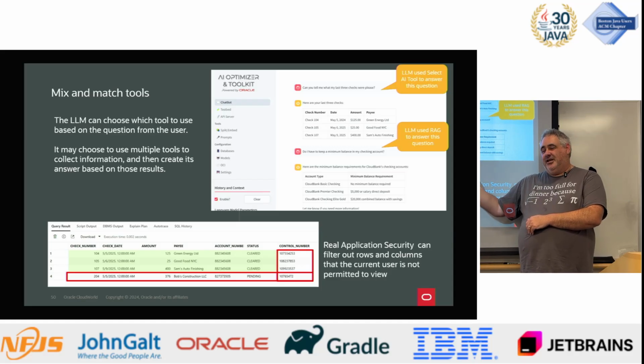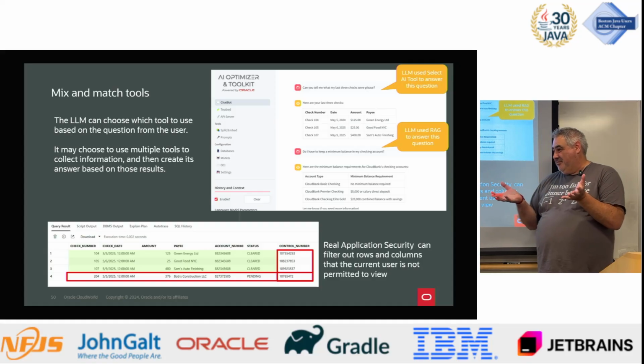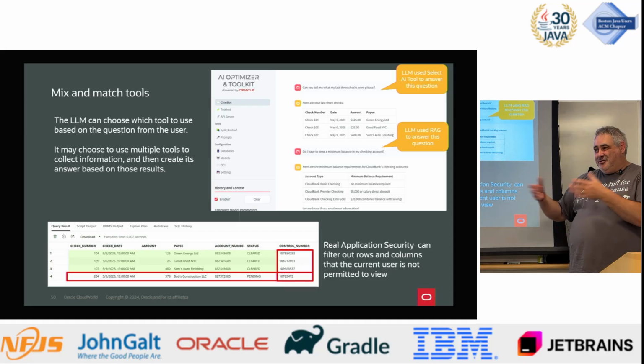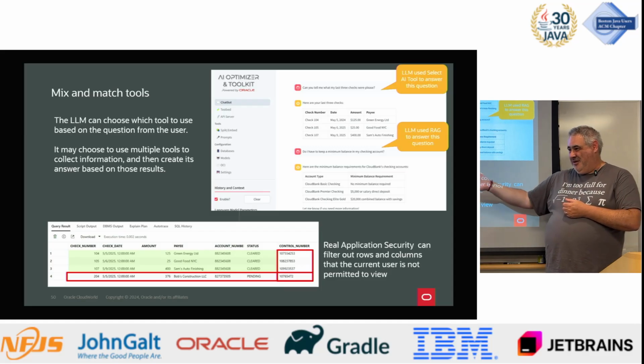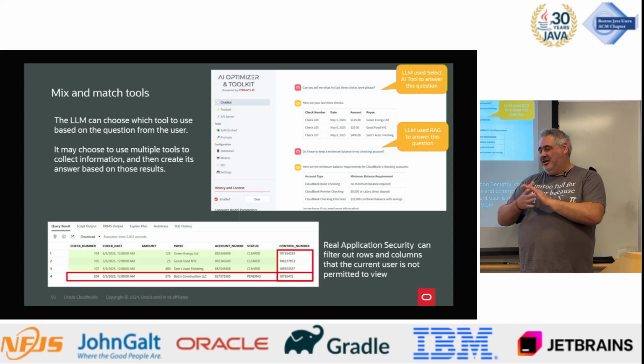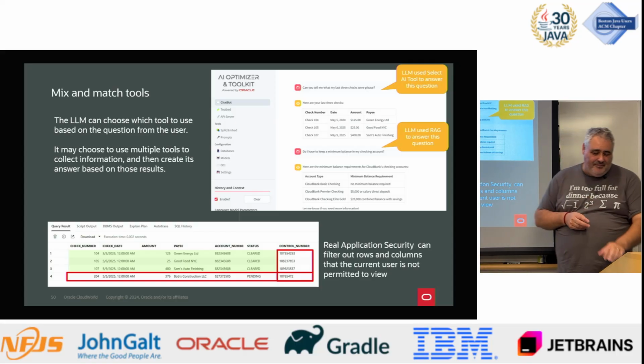So that's like using a real database like Oracle, which can also do vectors, as opposed to a vector database. It has all of those capabilities: security, transactions, backup, sharding. If you pick a specialized vector database, it's not going to have all that stuff. It's just a vector database and nothing else.